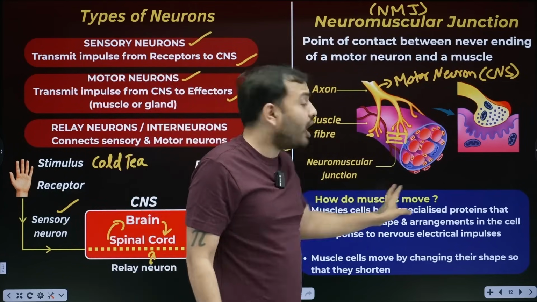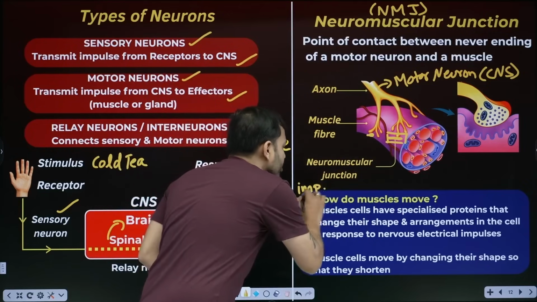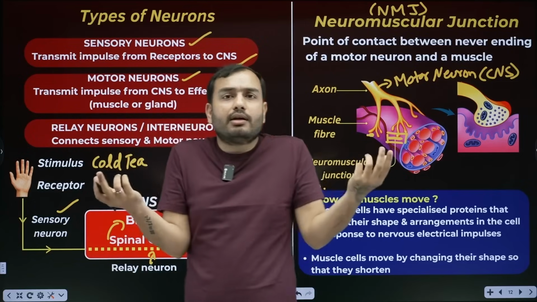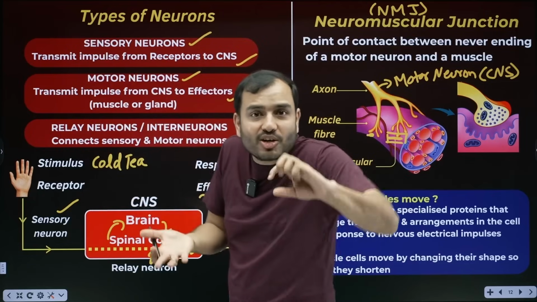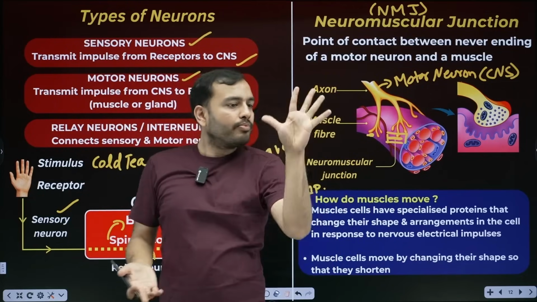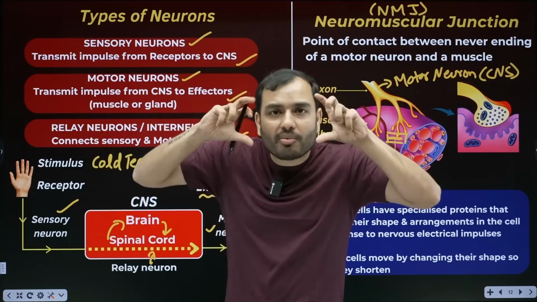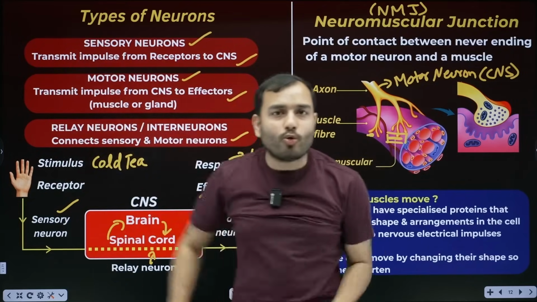Okay. Next is how do muscles move? Very important. And you will see many people don't teach this concept, and the board asks it too. How do muscles move? Why is this hand moving like this? What is inside? Sir, the brain said. Brain said it, I can understand, but what is that thing? We have chemicals inside us. Something must have happened in the chemicals that allows me to move my hand like this, place my feet like this, dance like this. Something must be inside me.